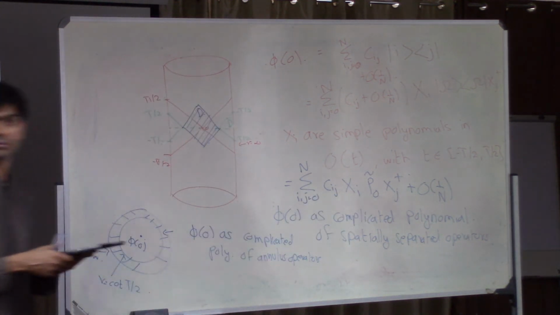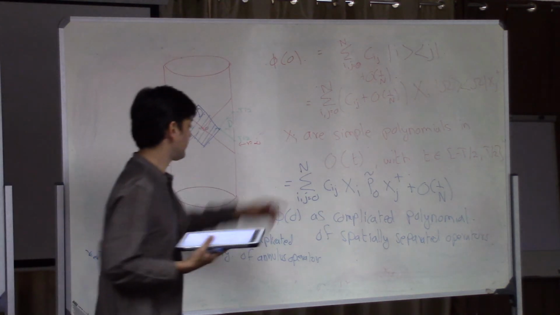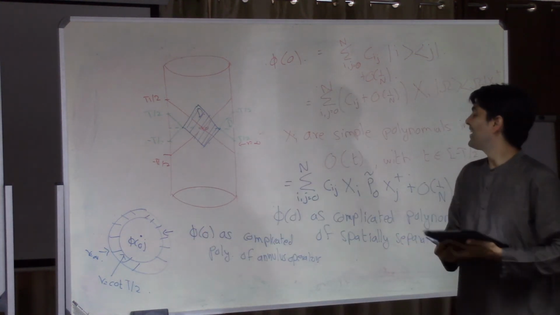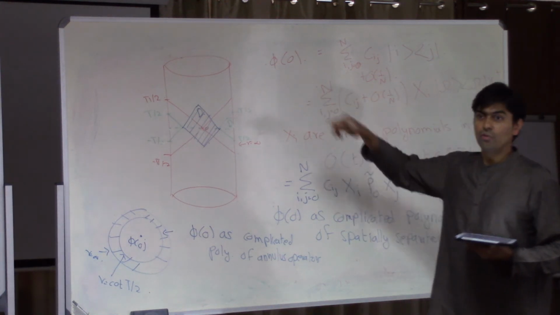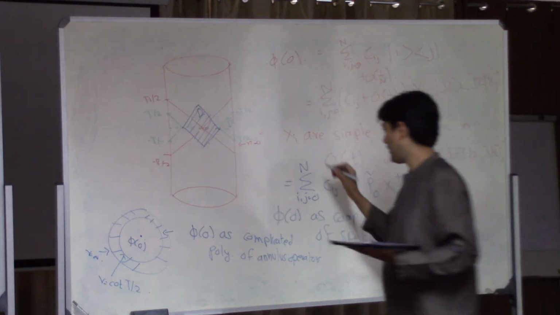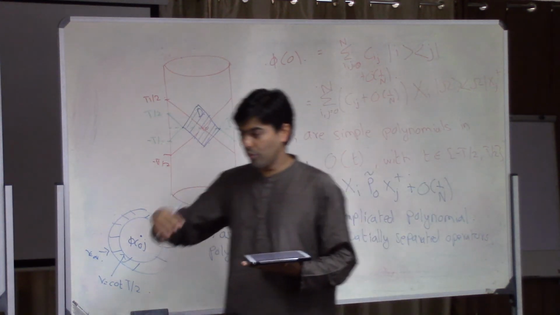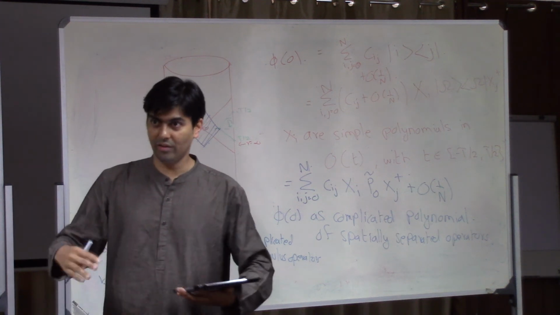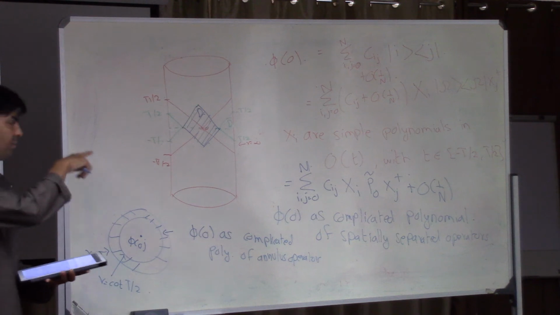And Suvrat, just one question: can you replace n by m? By m. Well, what is m? Any large number. It's a question of where you put the cutoff, and which high energy states you keep. You don't have to choose m to be n. You can replace it by m. True. But you don't want to put the cutoff too low, otherwise you would lose locality. So you do have to take m to be very large. You shouldn't truncate operators. You shouldn't put your UV cutoff too low. That's right. So you should take a UV cutoff to be high enough, but it doesn't have to be exactly n, of course.